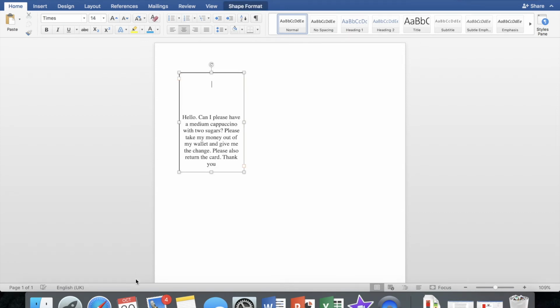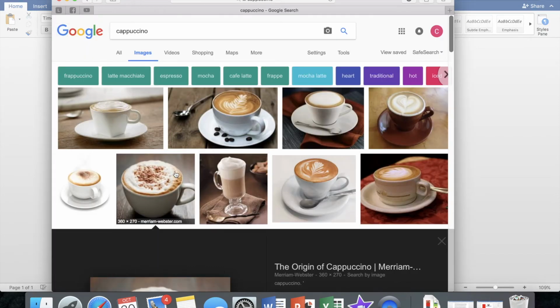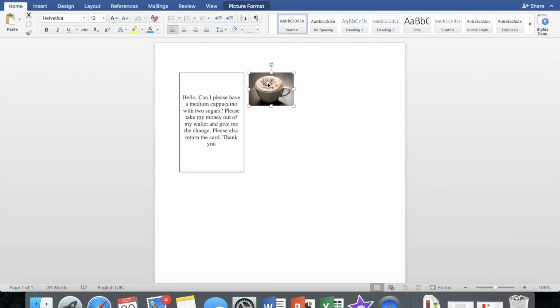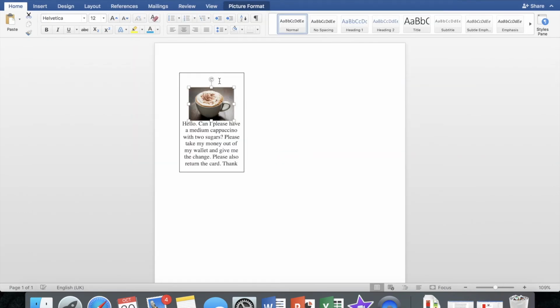As I have written a message about ordering a cappuccino, I am now going to go to Google and search up an image of a cappuccino. I'm going to copy the image and paste it onto my Word document. Once I have my image on my Word document, I'm going to move it across onto my community request card,